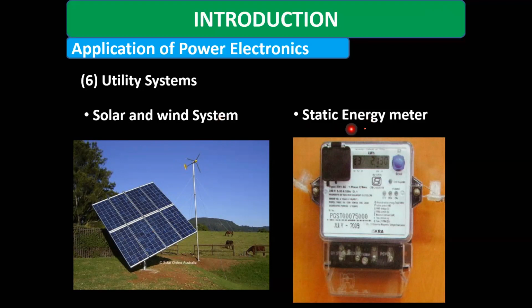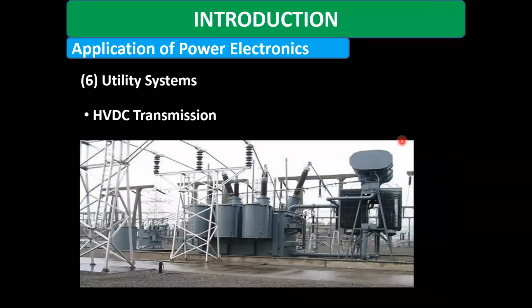This is another, the static energy meter, and through this energy meter, we are able to get the total power generated or consumed, the total voltage applied, and the total amount of current flowing. It is completely through the static energy meter. In that case also, to identify the amount of voltage generated and the current, we introduce different components like the current transformer and the power potential transformer, through which we are able to get the total amount of current and voltage through the power.